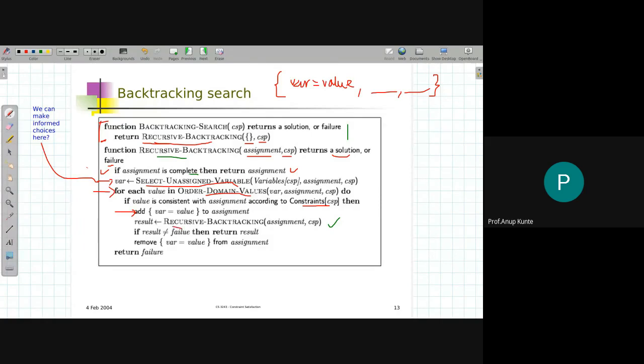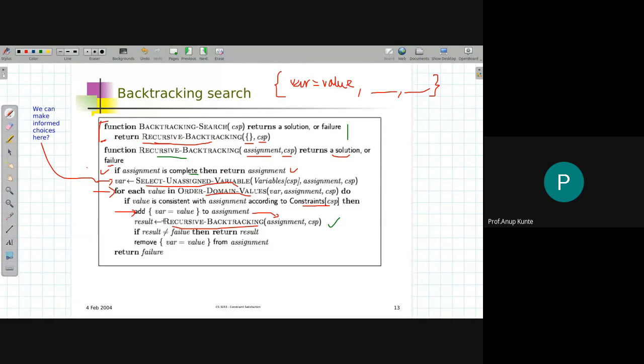Then what you do, you call yourself back. Recursive backtracking with the new assignment. Now we updated the assignment just previously, and this updated assignment is provided as input. Earlier we had an empty assignment. Now we have chosen a variable and a value for that variable, and we are testing whether I can reach a complete assignment through this path. So I'm just calling myself again with the same definition of CSP. The CSP definition is not altered. Now I again do all this stuff and keep on doing it.